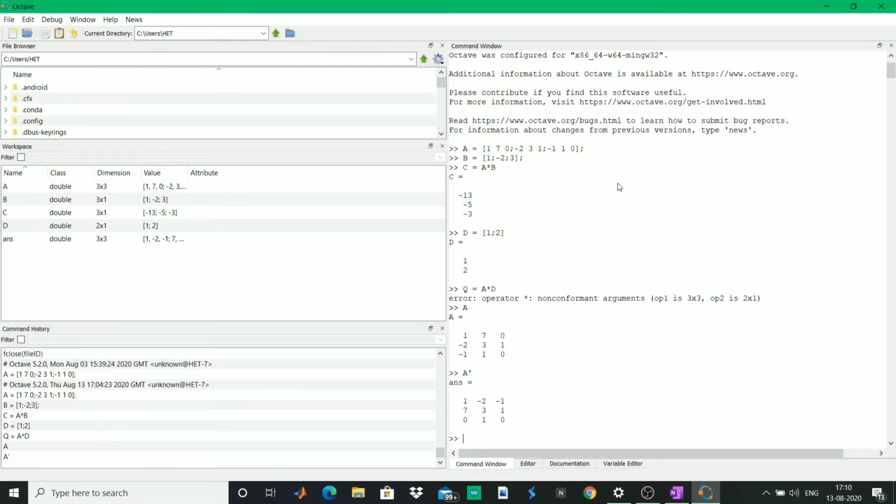A transpose is where all the elements of a row change to the elements of a column. You see in the first row of the original A we had 1, 7 and 0, while in A apostrophe, that is A transpose, we see that 1, 7, 0 were in the row in the previous matrix, but now they are in the first column. Similarly, all three rows would be changed to all three columns. This is all about the transpose and matrix multiplication that you should know.